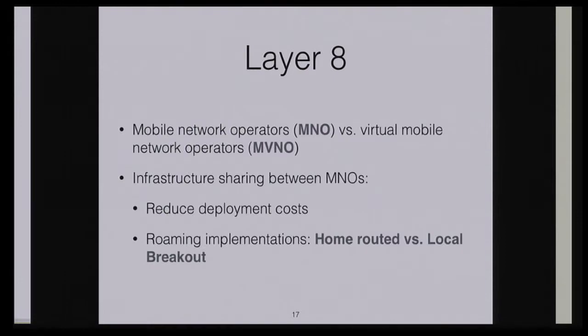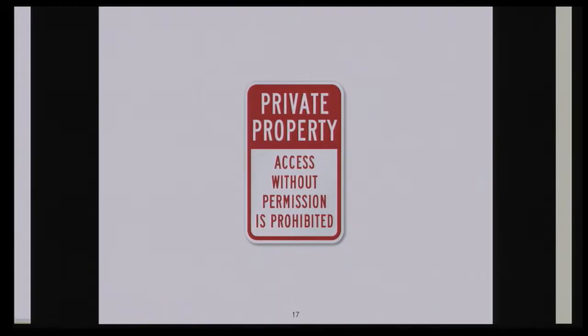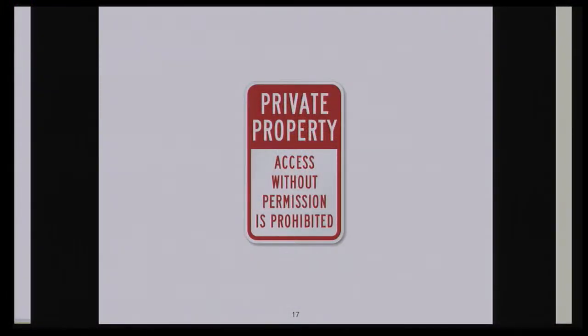In addition to that, mobile operators also share infrastructure between them in order to reduce the network deployment costs. And this happens a lot in a lot of European countries. And when network sharing is taking place, we can see that some operators are implementing home routing. In this case, all the users' traffic is sent to the home network, increasing the latency, or they are implementing local breakout. In this case, all the users' traffic is sent through the visiting network, and therefore the user is vulnerable to any middleboxes misbehavior, or their performance can improve, depending on the type of network that they are roaming to.